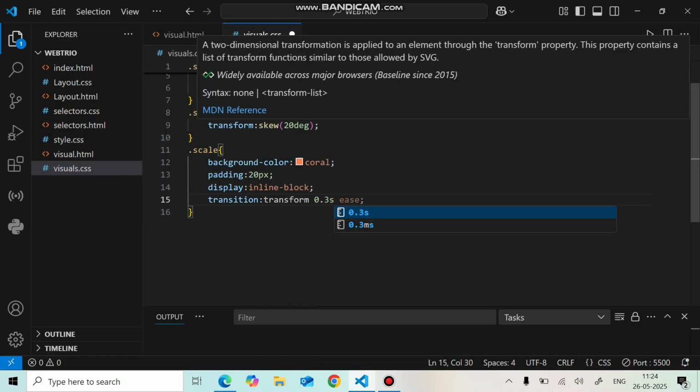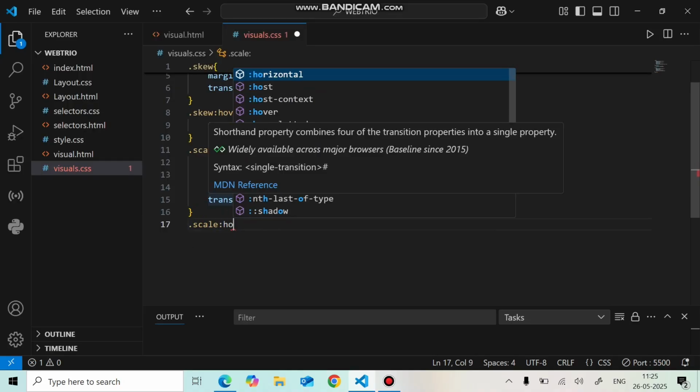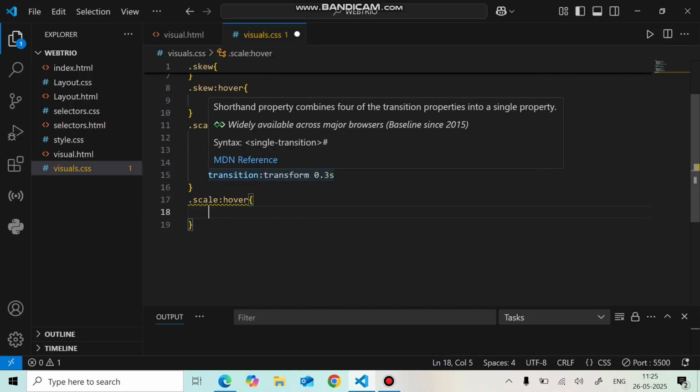Okay. Save this. Whenever we hover on the scale, .scale:hover, it will transform to